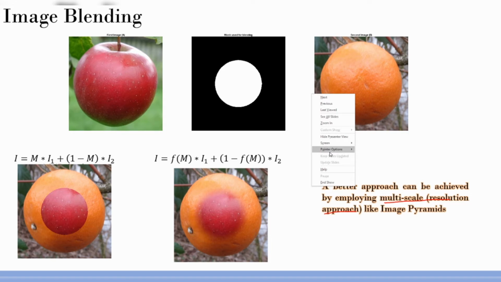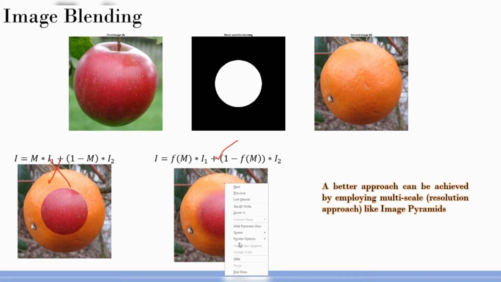So can we apply a similar concept? Not this one, this is pretty useless, but this concept, can we apply it at different scales? Can we do this sort of masking, smooth masking, at different scales and then reconstruct the image back? That is exactly what we are going to